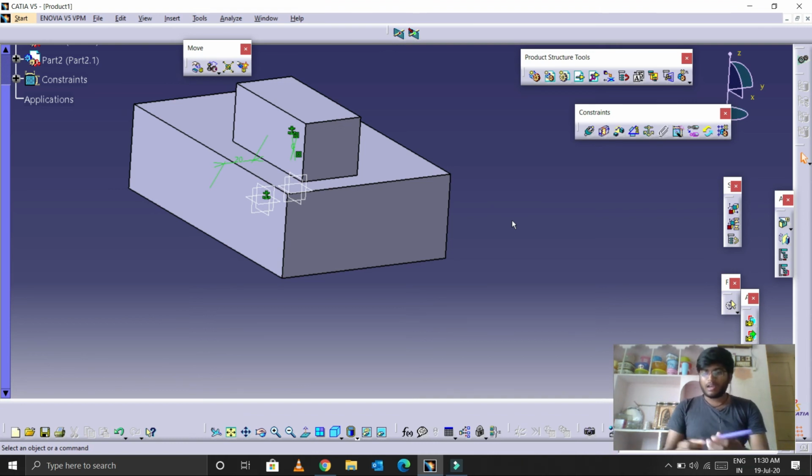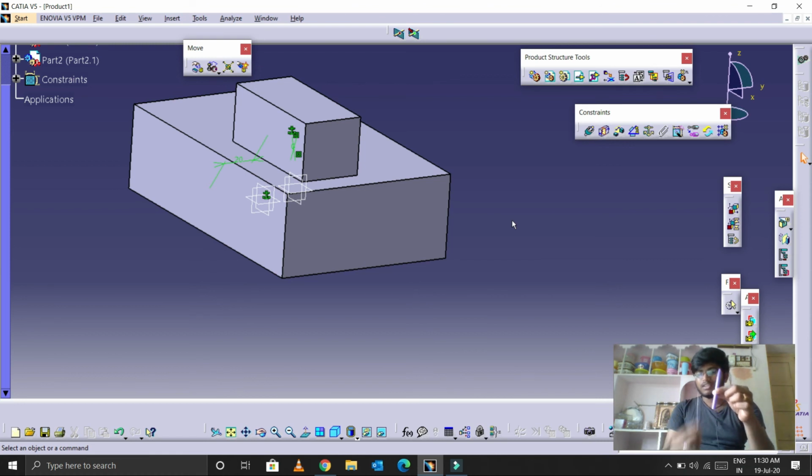So I'm taking this pen, and I have separate components of this pen. Now I am going to first tell you about the top down approach. This is my first component, this is my second component, the refill, and the cap is my third component. For the top down approach, this is my first component. I need to fix this, and later insert this refill by using a coincident constraint.